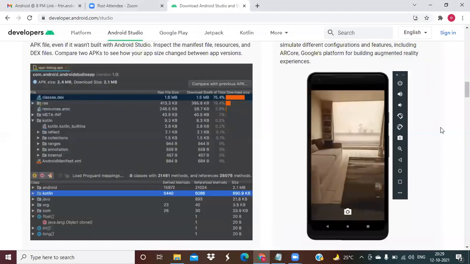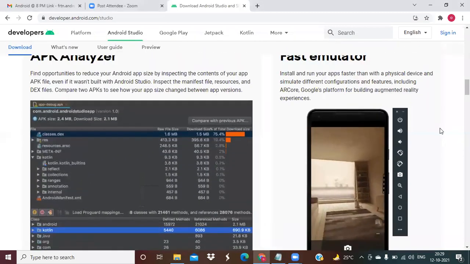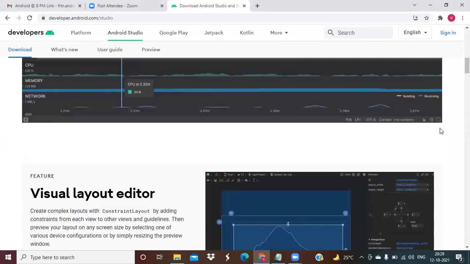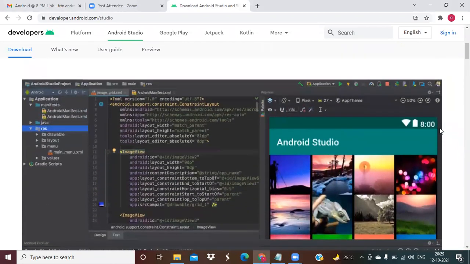What do you mean by IDE? You will have a window with application files, a coding area, and an output area. All together we call it an IDE. So that is Android Studio IDE.